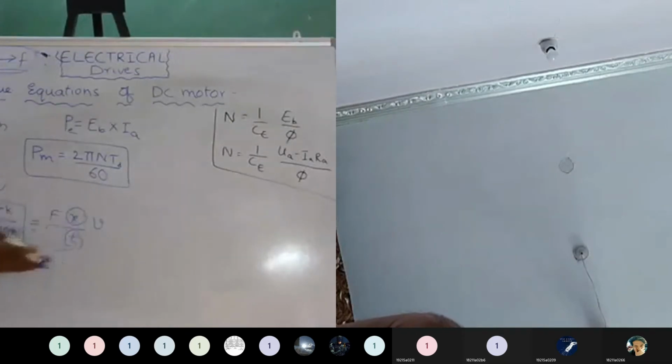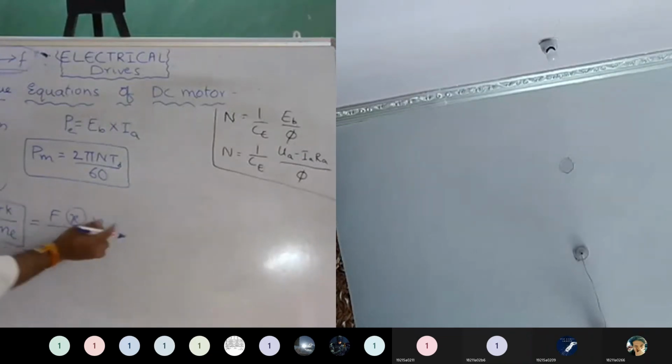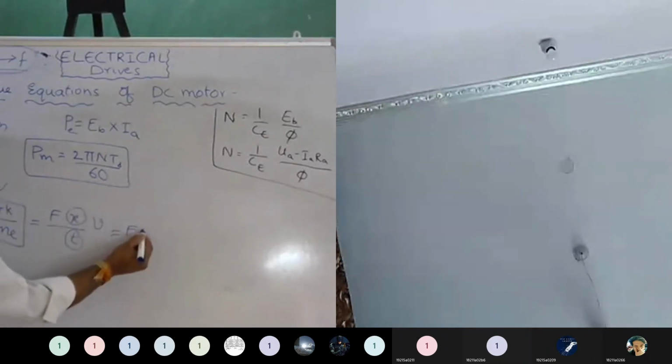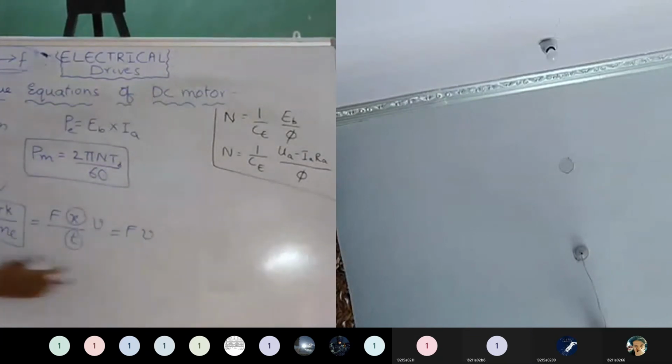Is this clear? So this is linear. You are saying that how much work you do per time is called power. Suppose in linear motion, some weight is there, you give some force and it travels some distance, then the work done by you is equal to F into x. So F into x by time t, and distance by time is equal to velocity. So power is equal to force into velocity. This is in linear motion.